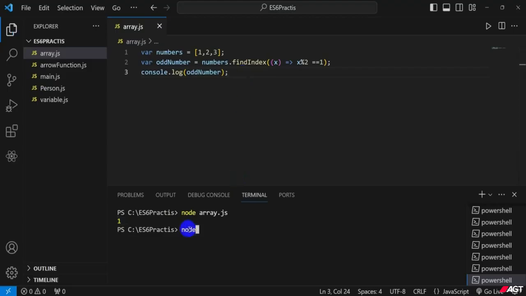I type node array.js. So now here it prints 0, because it returns the index of the value, so the output is 0. Okay, so this session is completed, and now I'm going to create the most important one, the ES6